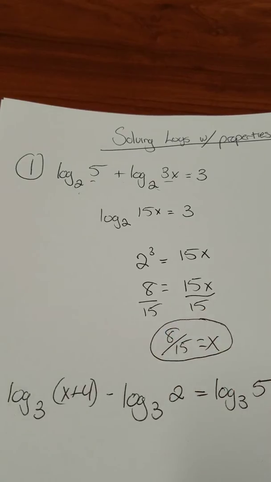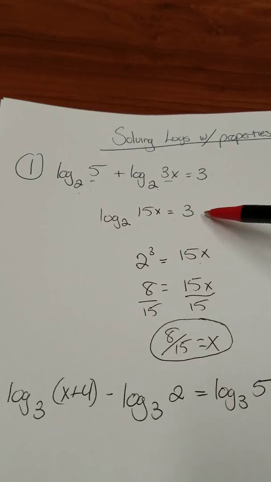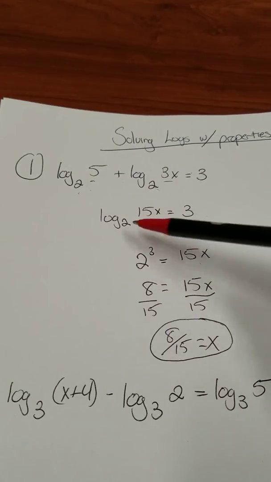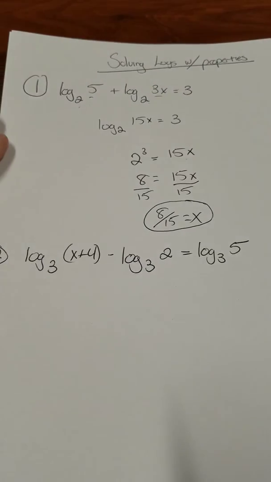Okay, so that's how we can solve using properties. Remember, adding means multiply, subtraction means divide. Numbers down in front move up as exponents. Be very careful to make sure that you're looking for a scenario like this. There's not a log on the other side, so you just can't cancel it out. You have to rewrite it. So let's look at one more problem